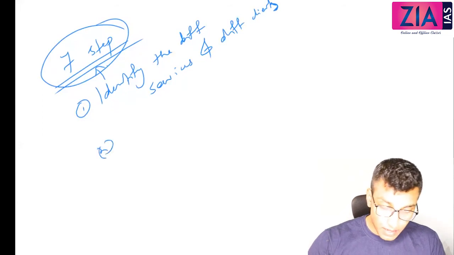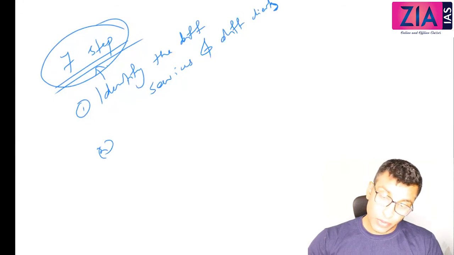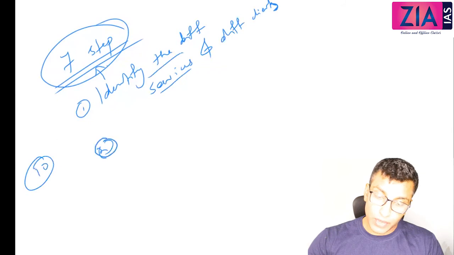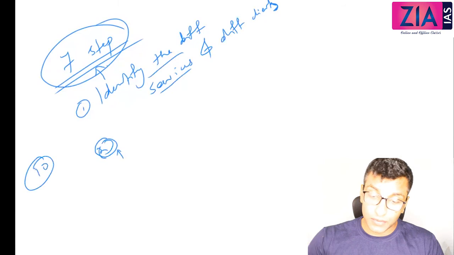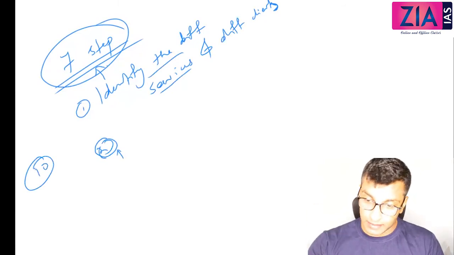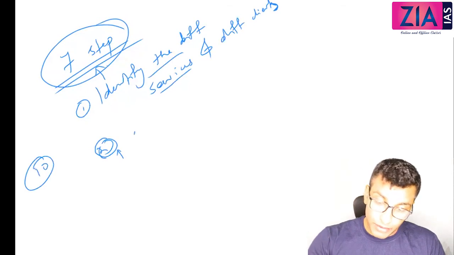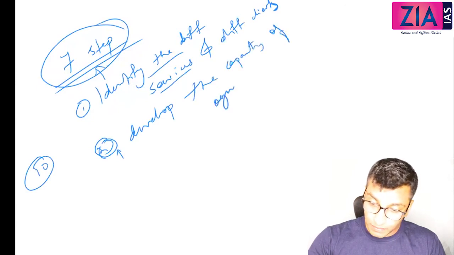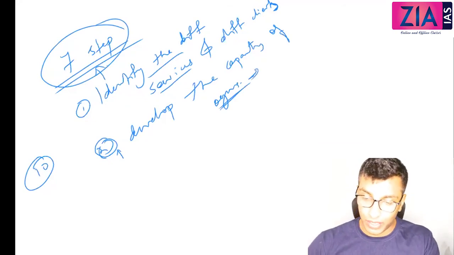Second one, develop the capacity of the organization to meet all the services. So if you're listing out, let's say 10 services, then the first thing obviously you have to know is whether the organization has the capacity to serve these 10 services to the different clients. Even if the number is increasing, are you able to do that, right? So that is one thing. Develop the capacity of the organization to meet the services or to meet the demand, whatever it is.